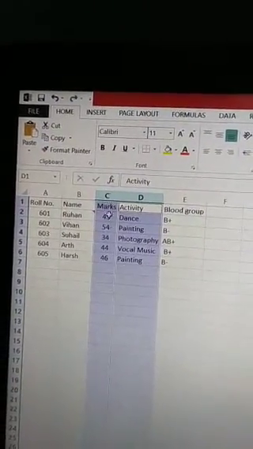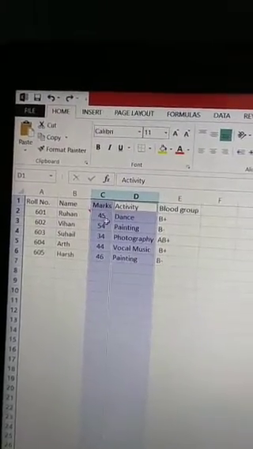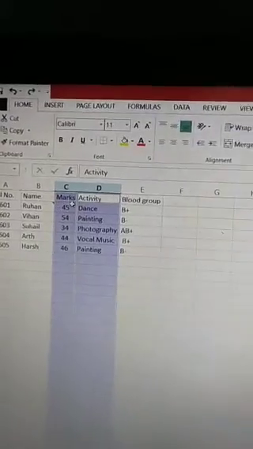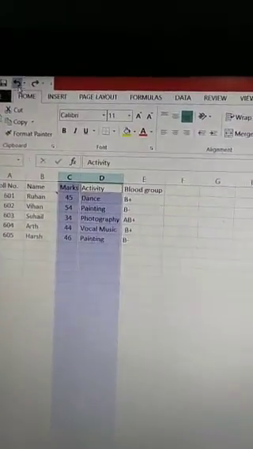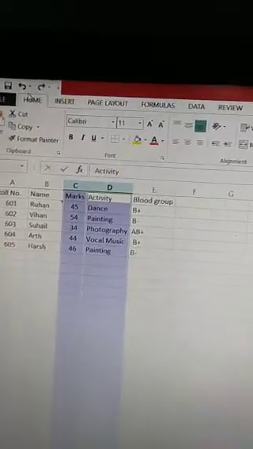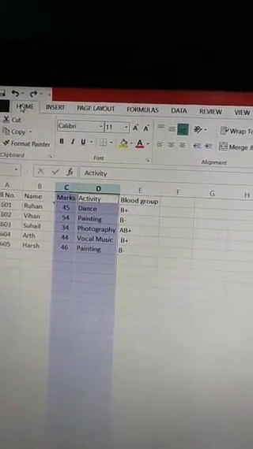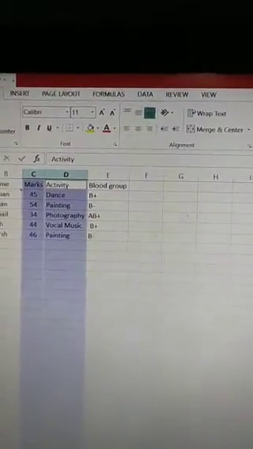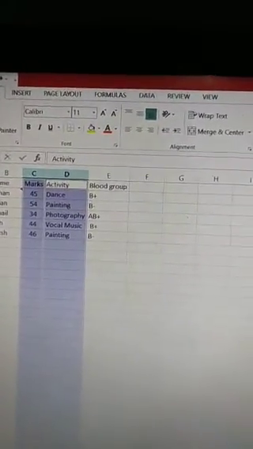In column C the data is shorter, that's why it is small. So in this manner we can use AutoFit Row Height and AutoFit Column Width to change the row height and column width as per our data.